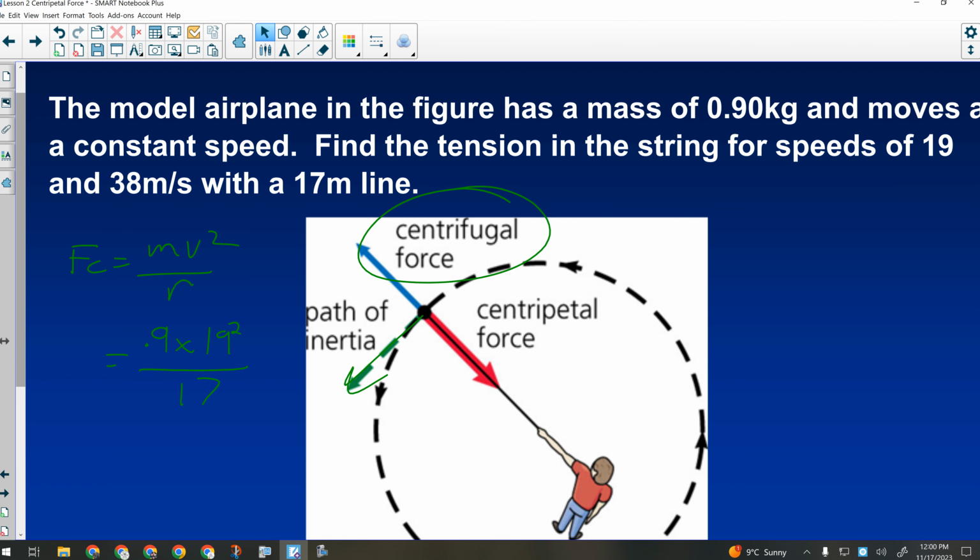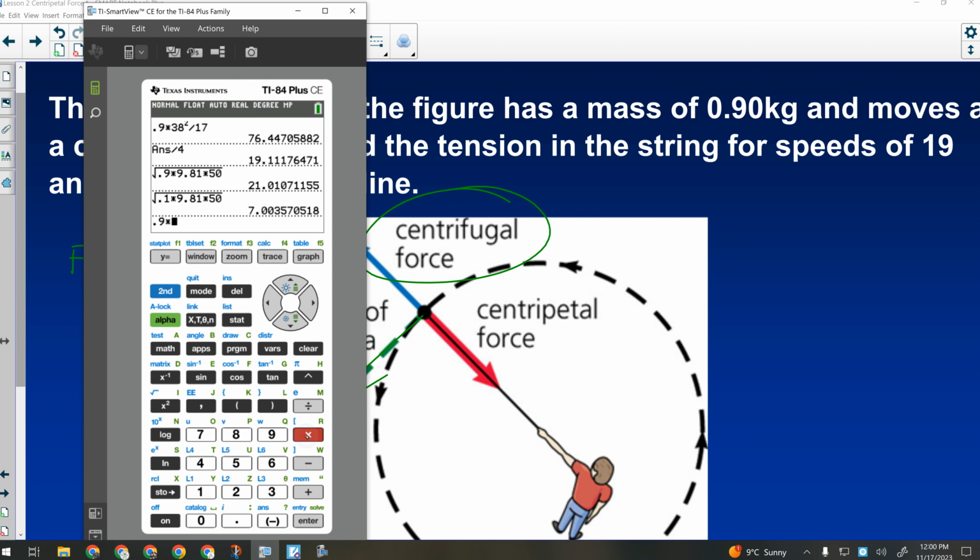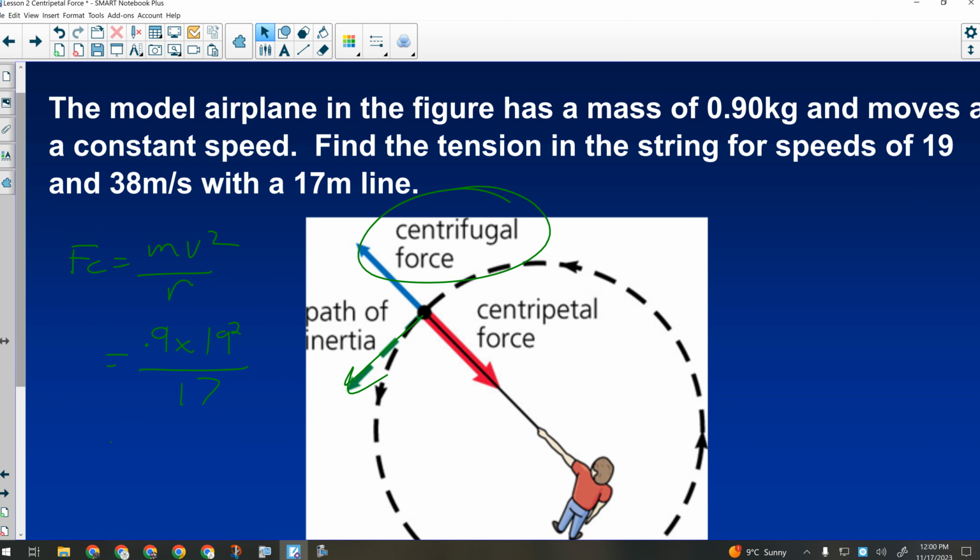So I go 0.9 times 19 squared divided by 17, and I get 19.1 newtons. So to keep that thing going in a circle would require 19.1 newtons worth of tension in that string, in that line. If I swing it twice as fast,